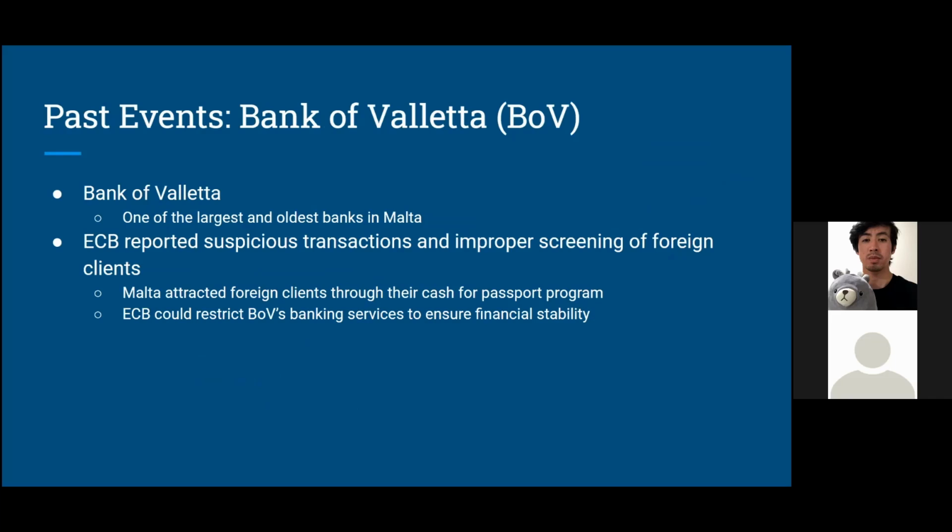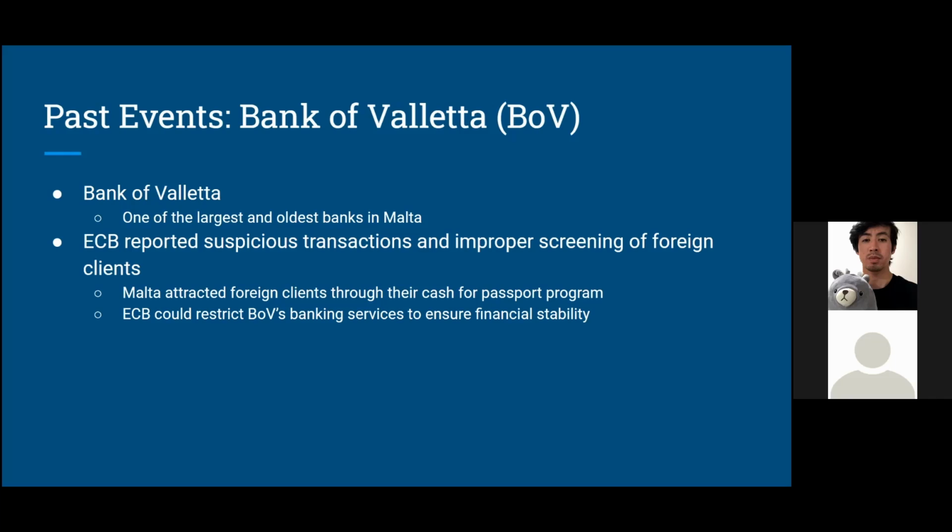And then aside from keeping track of these securities transactions, the ECB's main goal is to maintain price stability. And so this also means overseeing many different banks to ensure business is conducted with integrity. And in 2019, the ECB reported suspicious transactions and improper screening of foreigners at one of Malta's largest banks, the Bank of Valletta. And the ECB advised the bank to reassess its top managers and reduce the risks related to